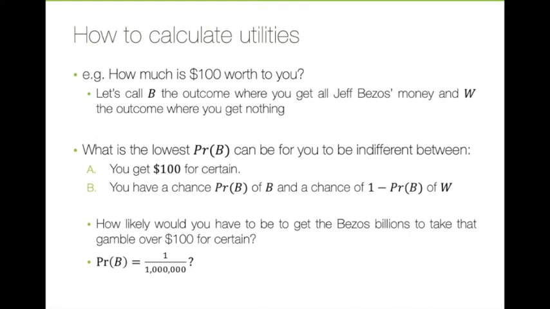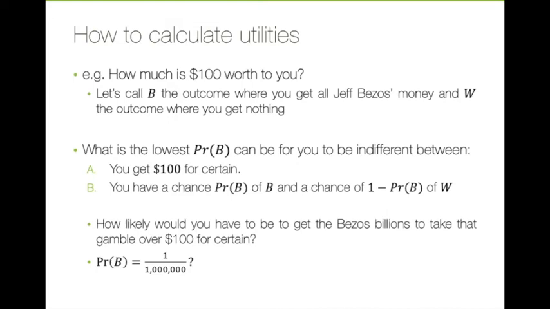If you think you would be indifferent with a slightly different chance, you should write it down. Remember that this number, 1 in a million, is the chance that you would be willing to gamble for, or get $100. 1 in a million, or 1 over 1 million, also tells you your utility for $100. What matters, though, is not that this is a small number, but how that number compares to your utility for